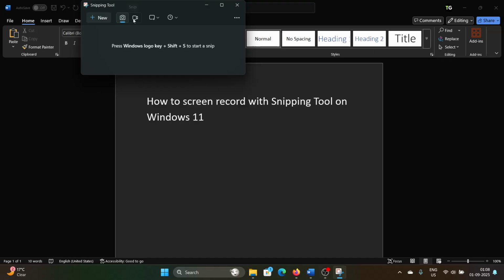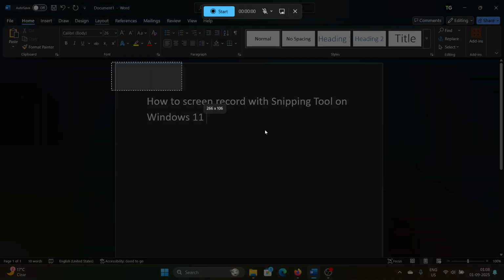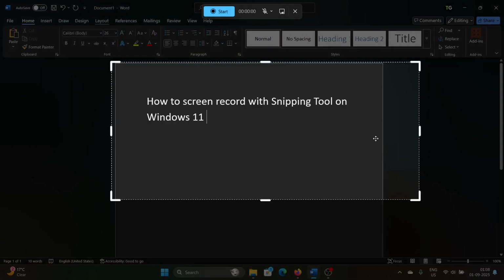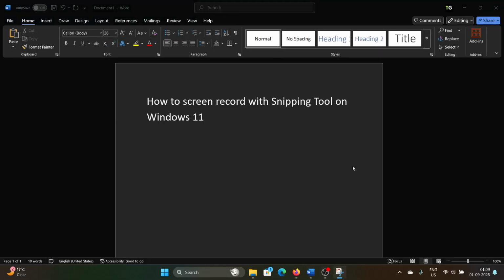One is the screenshot option and one is the screen recording option. Click on this one and then you can select new and then you can start with the recording. You can select the area. To start with the recording, click on start and it will give you a timer, 1, 2, 3, and then